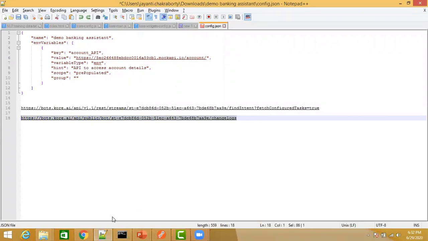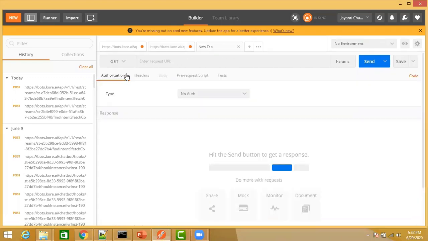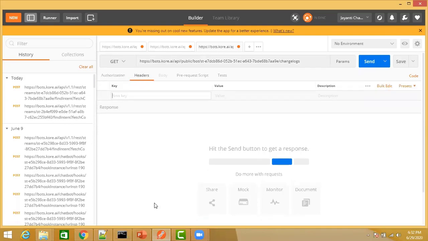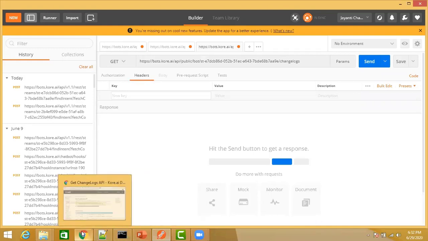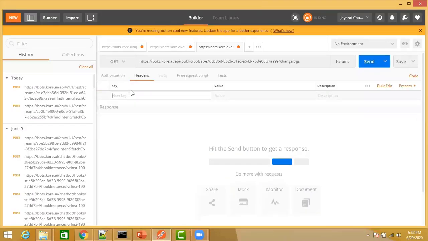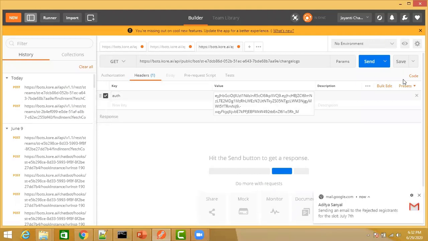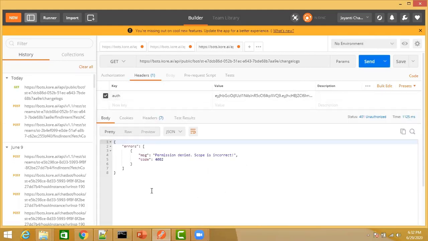Go back to Postman. I'm doing it from Postman, but you can do this integration from some other applications also. It is a GET call. Here I provide my URL. We come to headers, and once again I need to copy that particular JWT because that will be used for authentication. So copy the JWT from here and provide auth followed by your JWT here. Then you can click on send in order to send this particular request.